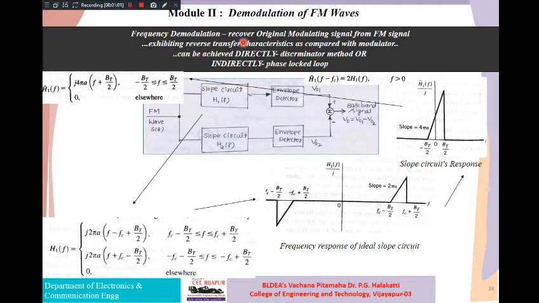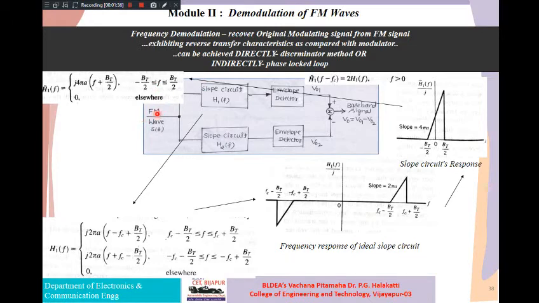During frequency modulation, we varied the frequency of the carrier signal according to the instantaneous amplitude variations of the message signal. That means the message is carried over by the high frequency carrier signal. So from that, we now have to try to extract our modulating or message signal.